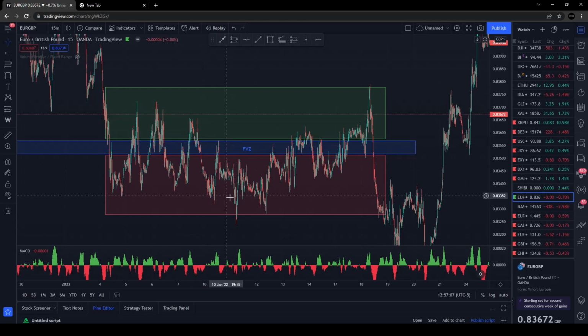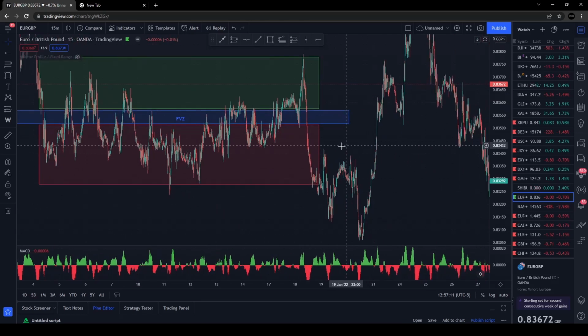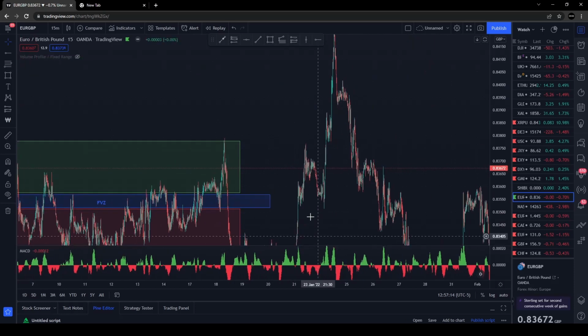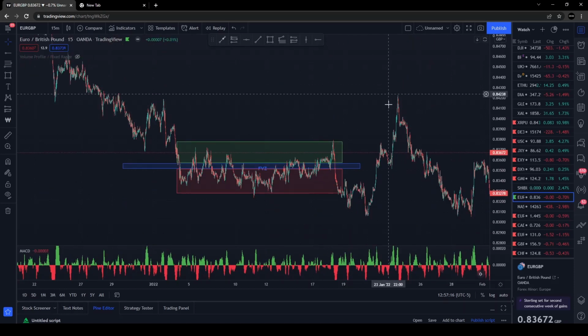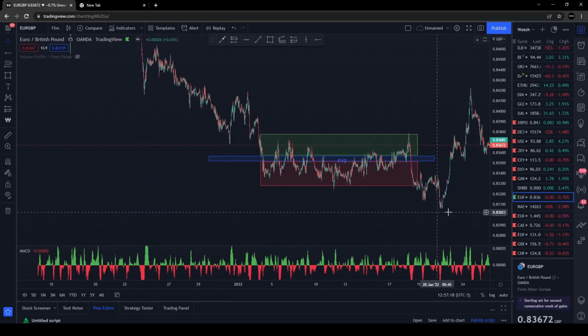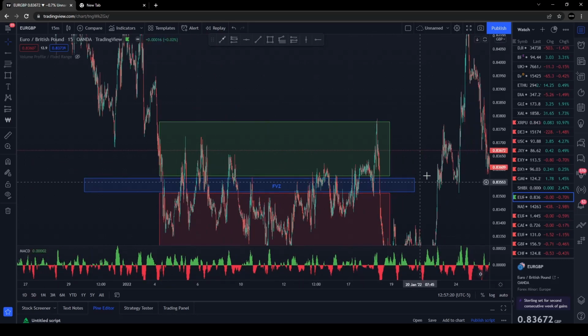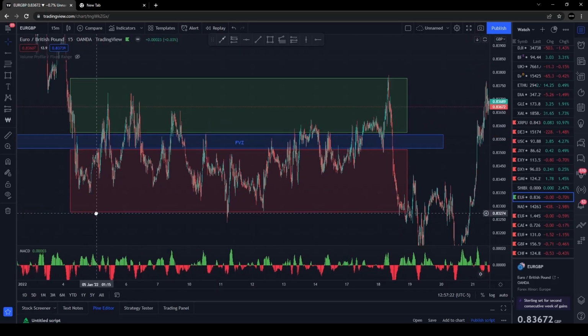It always likes to come back to the zone over and over until it finally breaks out of its consolidation, which happened here, and then it continued to go up and down and back into its trend. But while it's in this consolidation, we see a lot of weaving in and out through this fair value zone. So this can also be a place to look for